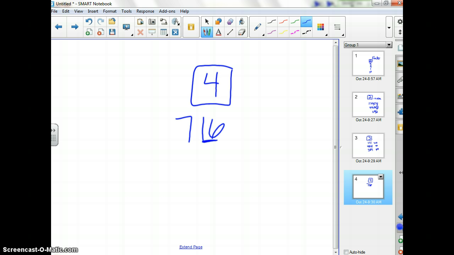Does 4 go into that number evenly? Yes. So that means, yes, it will work. How about last 2 digits? Yeah, okay. Okay, how about